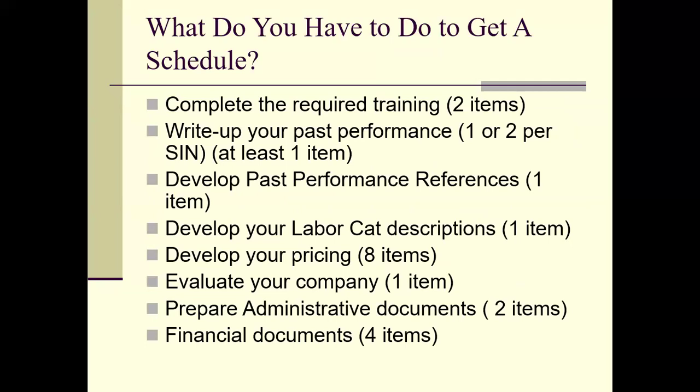Well, what do you have to do to get on a schedule? Well, I've taken all the 31 items and put this into a little bit of a condensed form, and we'll talk a little bit more about these items in depth as we go along. But you have to complete 2 training requirements. One is called the Pathway to Success, and the other one is called